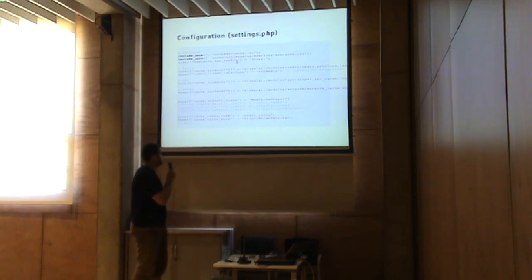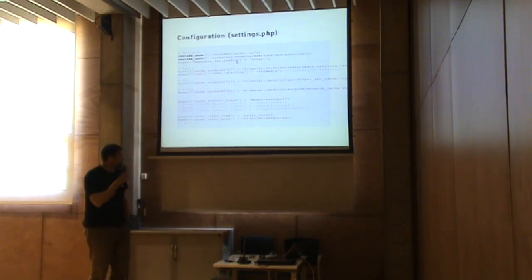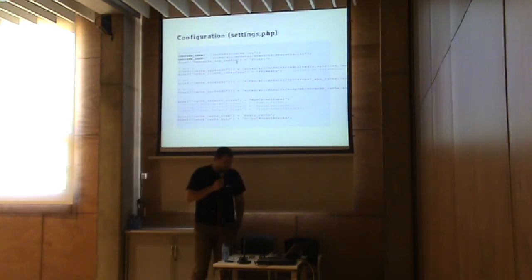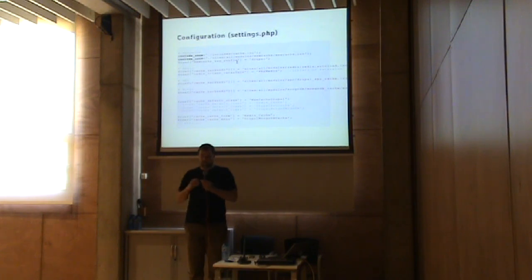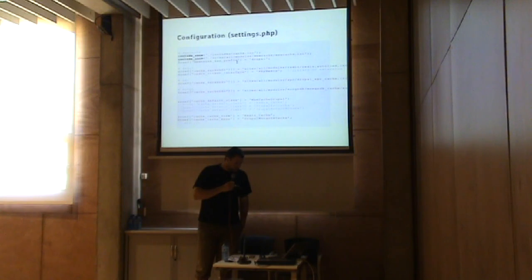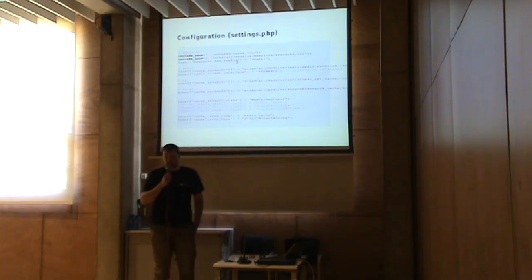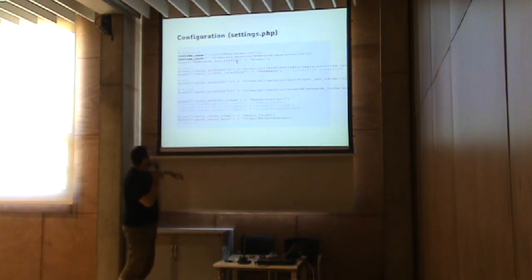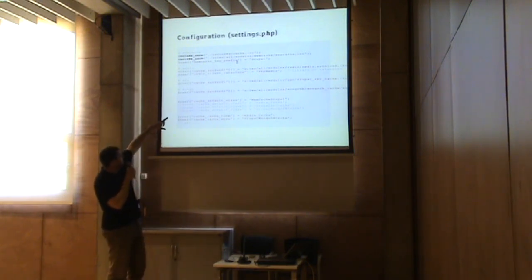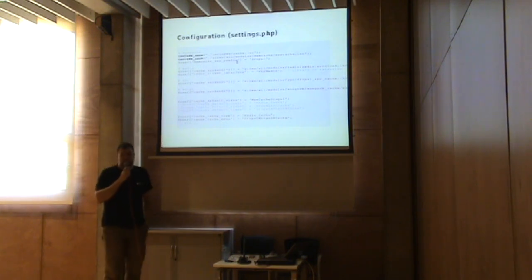How do you configure this? It's done in settings.php. Every backend plugin comes with a class which implements all the things that you need to use it. You tell Drupal which backends you use. If you add the file name path to a file which implements a plugin into a cache backends array, this is